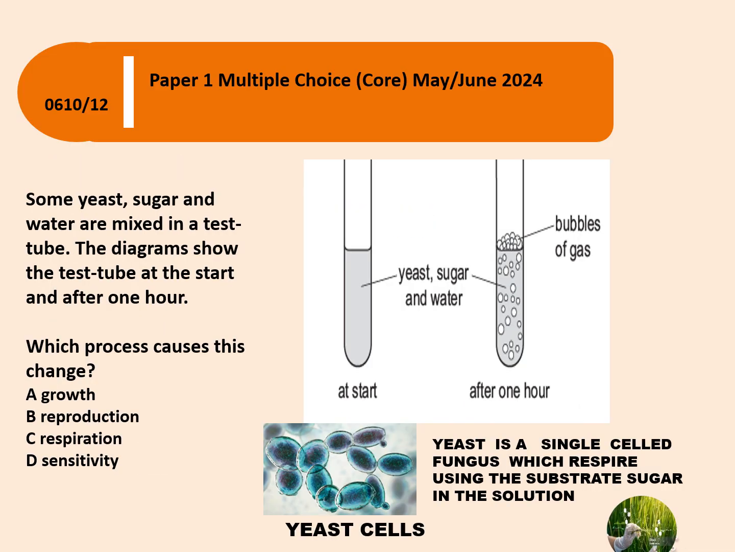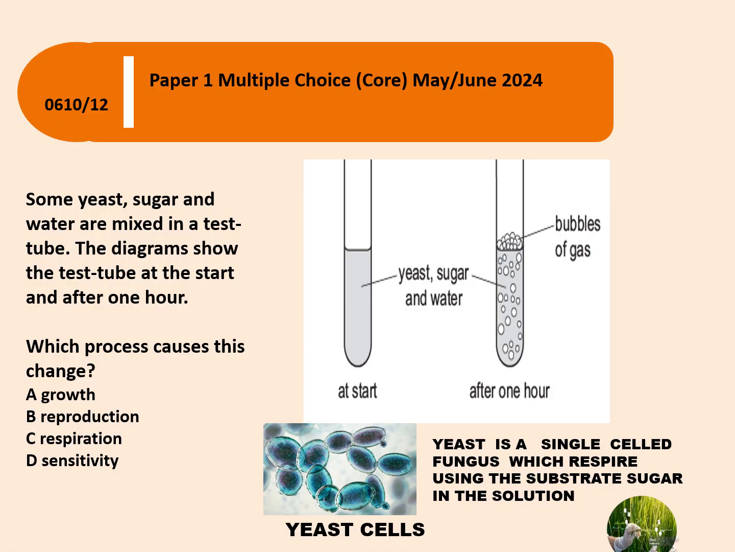Multiple choice question, May June 2024. Some yeast, sugar and water are mixed in a test tube. The diagram shows the test tube at the start and after 1 hour. Which process caused this change? A. Growth, B. Reproduction, C. Respiration, D. Sensitivity. Now you can see the yeast, sugar and water when it is mixed at the start, no